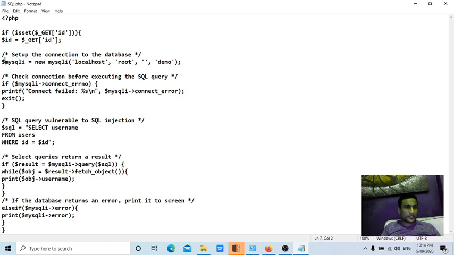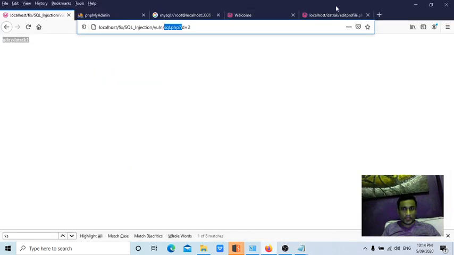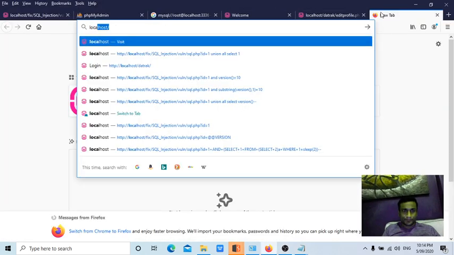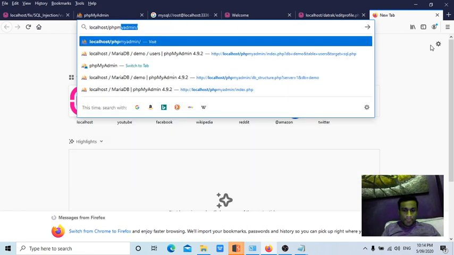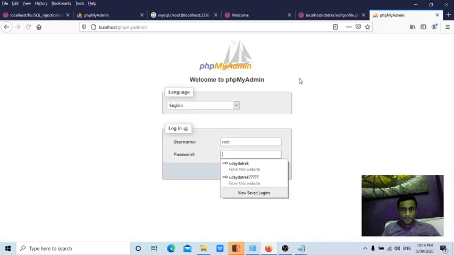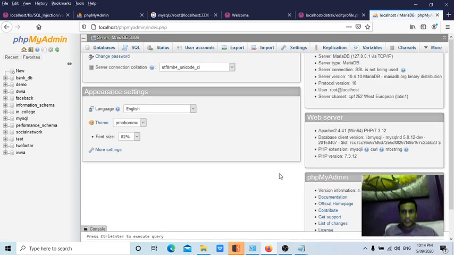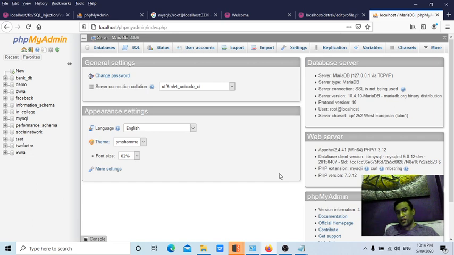The first important thing which you need to know is with which username and password you are connecting to the database. What is the username, guys? Here, root. Why do you need to know that? I'll be showing you now in phpMyAdmin, because these basics will help you a lot. With these basics, in future you can learn anything, like bug bounty write-ups you can read by yourself.